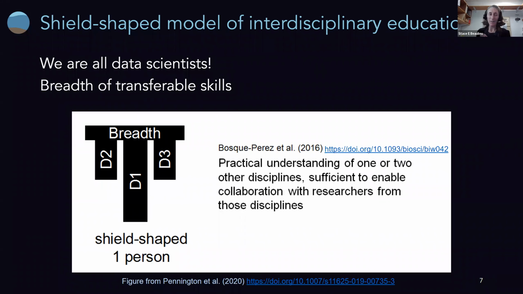But even more important for this training, the breadth I will consider skills or transferable skills in how to work with data. So we're going to be trying to help you expand your breadth in handling data, working with data, in this training. And we'll be doing that within the context of oceanography and the disciplines within ocean sciences.